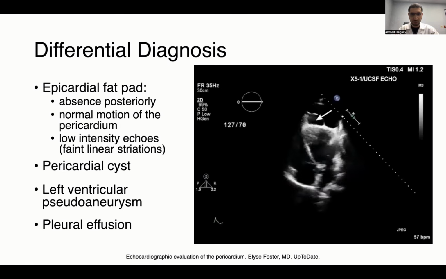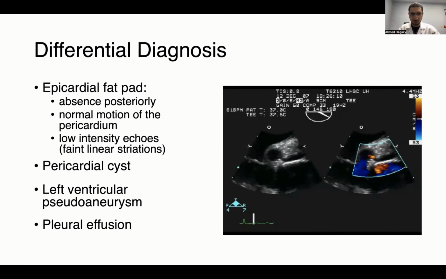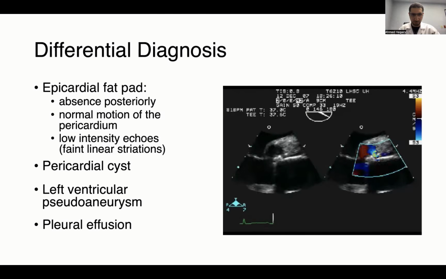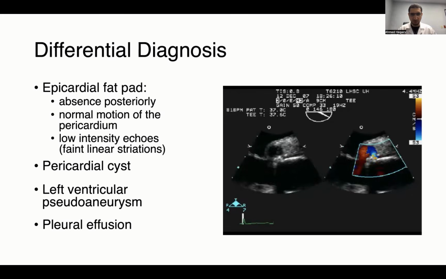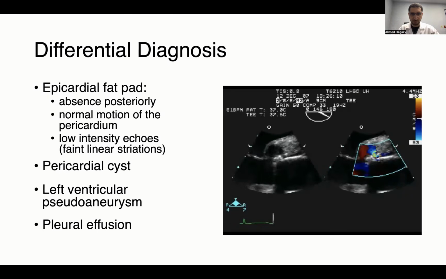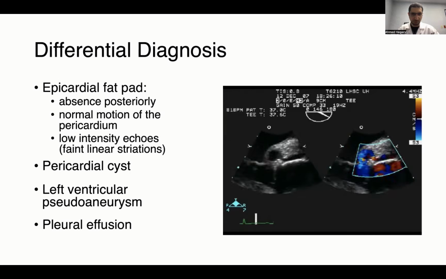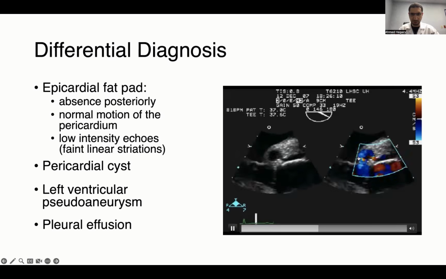Pericardial cysts are usually loculated, and usually they have no communication with the left ventricle. When you look at left ventricular pseudoaneurysms, on the other hand, these usually communicate with the left ventricle. By definition, a pseudoaneurysm is a contained rupture of the ventricle. On echocardiography, it will have a narrow neck. And so here we see a left ventricular pseudoaneurysm that communicates with the left ventricle. It has a narrow neck between the mitral and the aortic valves and the mitral aortic curtain in this TE